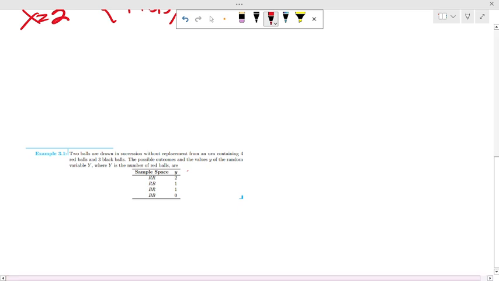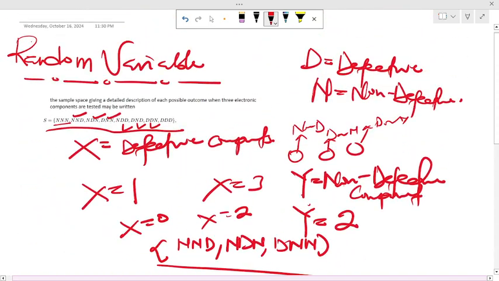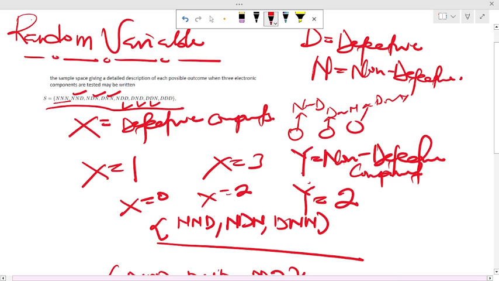Now you see, like I said, random variables just associate numbers to elements in the sample space, right? So when I say Y is equal to the number of non-defective components, and we know that for this question just 3 elements were taken at one time, Y has a range. So Y can be either 0, 1, 2, or 3. It cannot be more than that because we have just 3 elements. There can be either no defective item picked, one defective item, 2, or all of the items that were picked